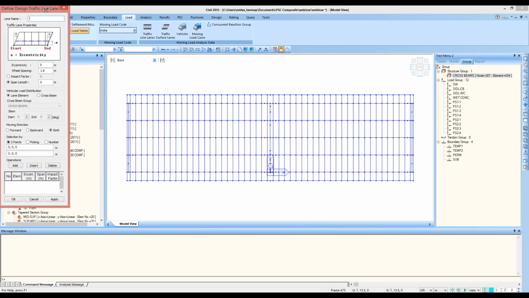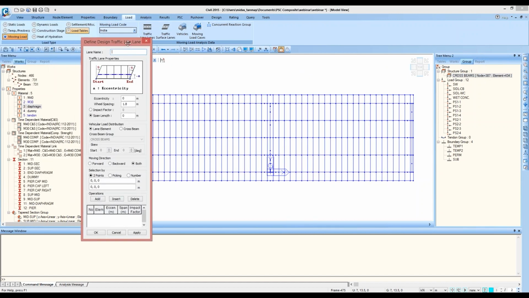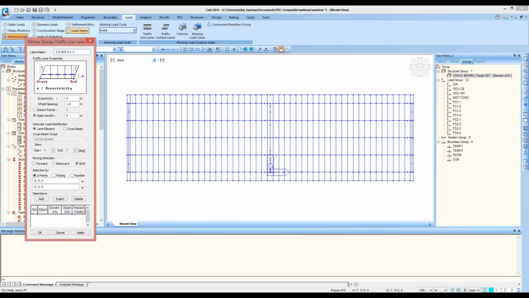So add, and first of all I'll name it as 3 class A lane 1. First of all I'll define the lane with an eccentricity of minus 0.9 meters with an impact factor of 0.2. So here the impact factor that we are adding is 0.2, so the program will take it as 1.2.